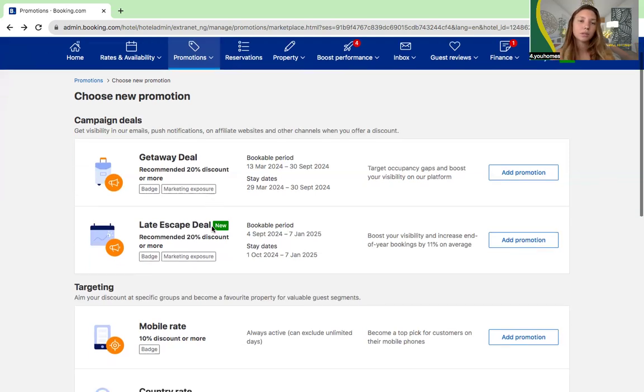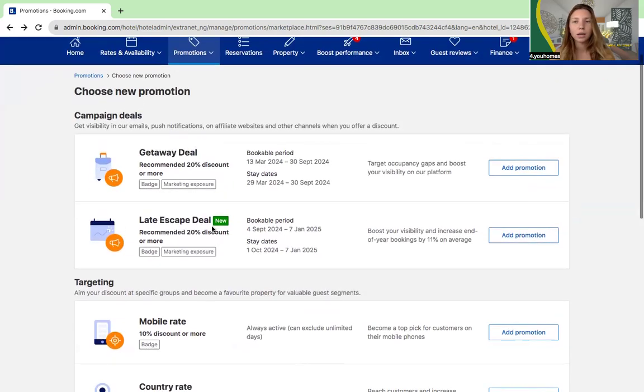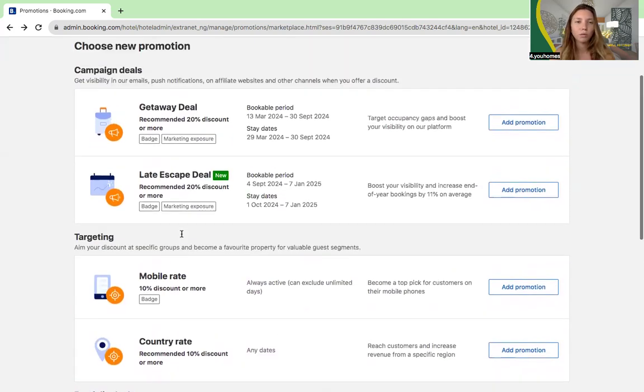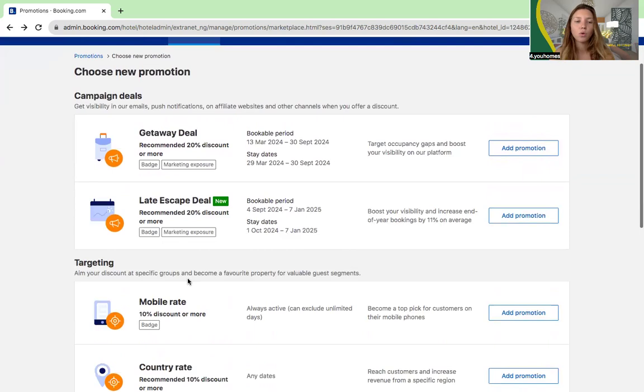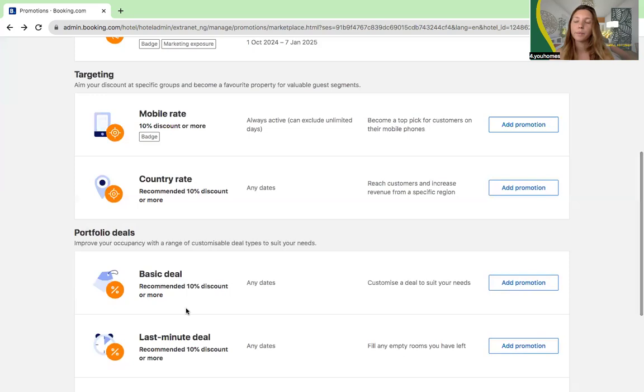Also, to sum it up with promotions, I would say from each category, take one only. So for example, take early booker deal, combine it with mobile rate, and maybe take gateway deal, or take mobile rates with last minute and early booker discounts. And also avoid that you put several promotions on one rate plan. So for each rate plan, there should be a different promotion active, because otherwise when you put several discounts on top of your price, the end price will be probably quite low, and it will not pay itself off in terms of expenses that you have,